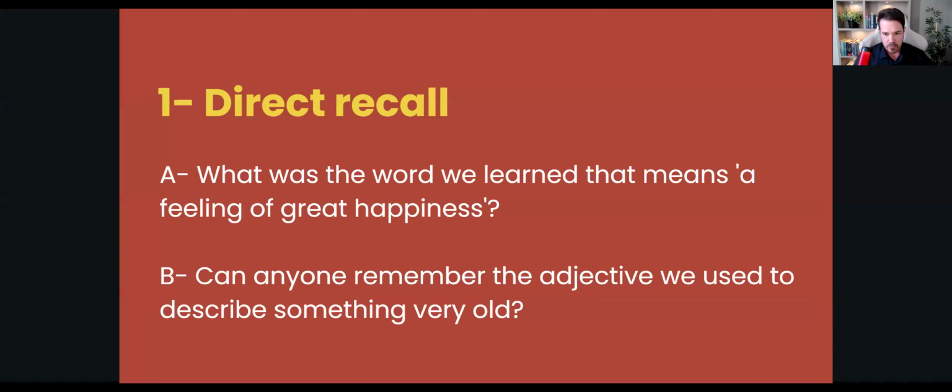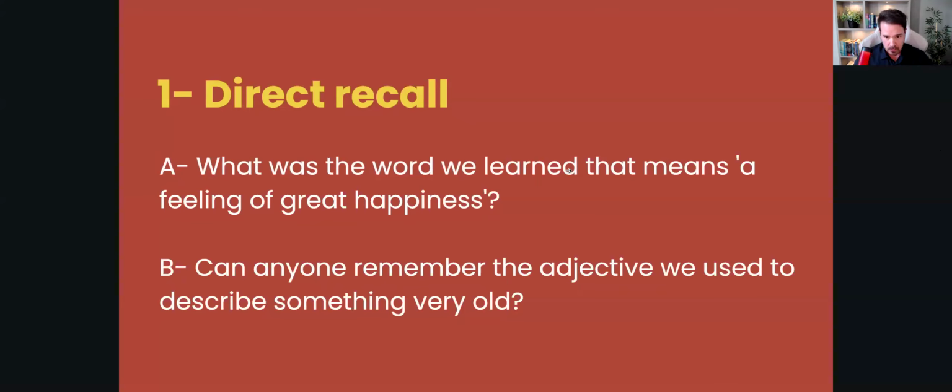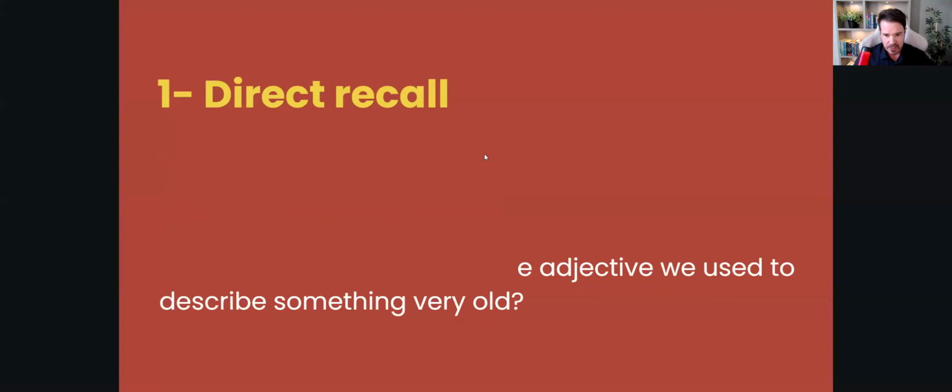Does it make sense? Very easy, very simple, is to get students to try to retrieve the new words. The second strategy, I believe you can see it now, is a gap fill